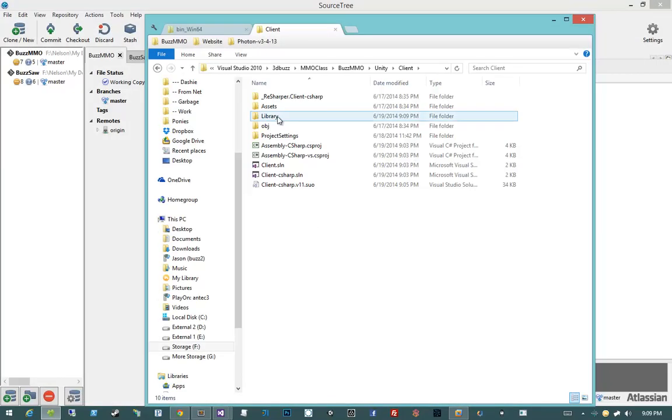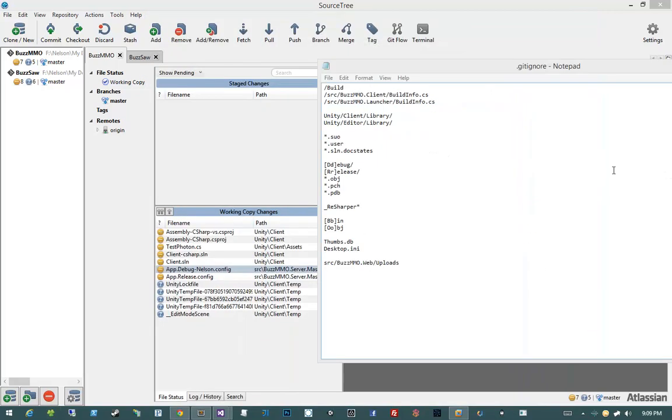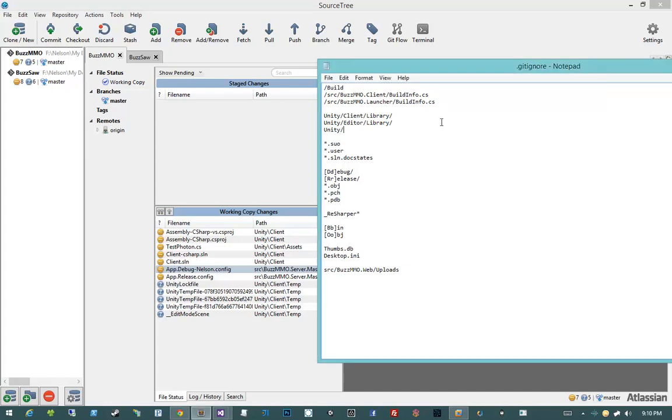Okay, now I'm going to go into client, and temp is not there. Oh yeah, because temp is destroyed when Unity stops running. Okay, but I do want to make sure it's still ignored. So I want to say Unity /client/temp and Unity editor temp. I want to make sure that those two are ignored in case somebody decides to do a commit while they're still running Unity. So that's just a slight oversight that I had with my